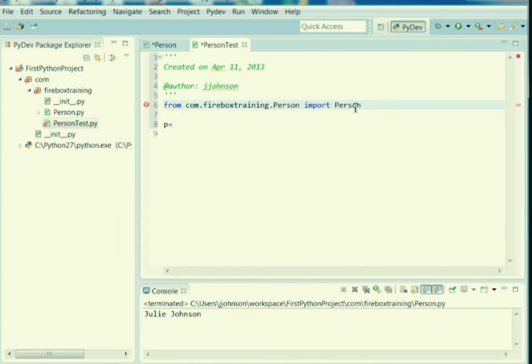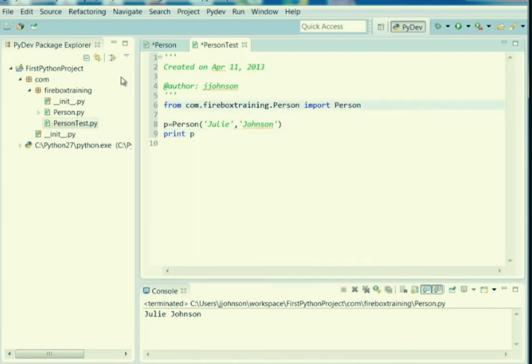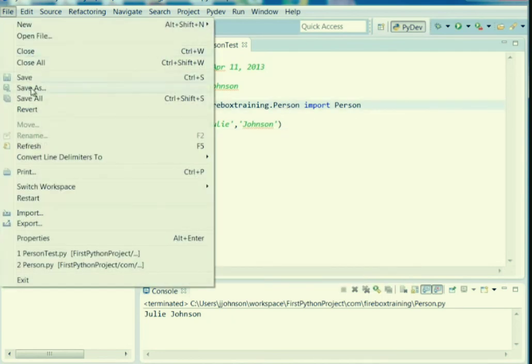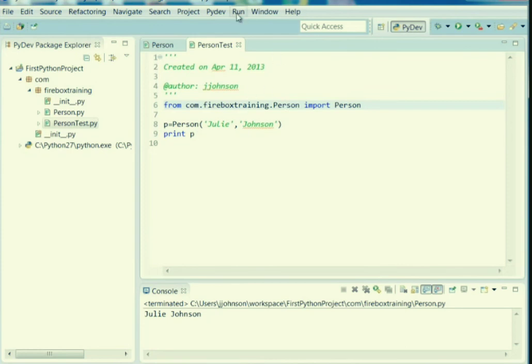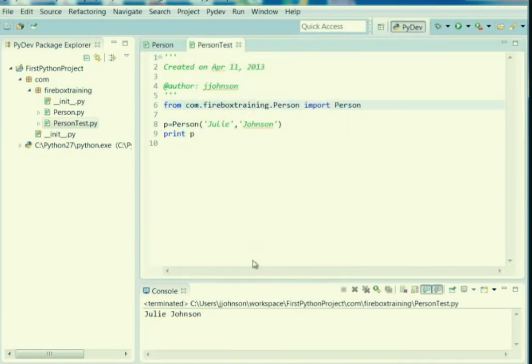And so now I don't have to fully qualify it. And let's go ahead and print it out. And let's run it. And you'll see